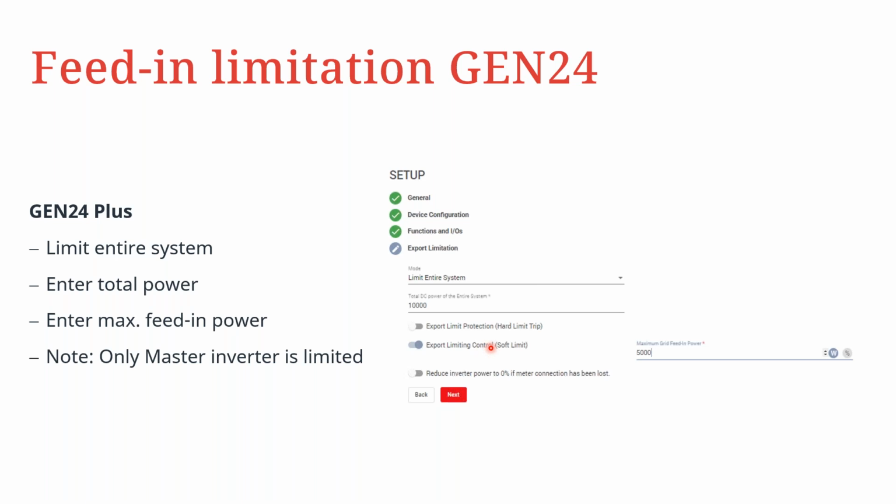What it does, in a case whereby there is a transient spike in power, which might adversely affect the feeding limitation process, is bring it under control without necessarily shutting down the entire system,